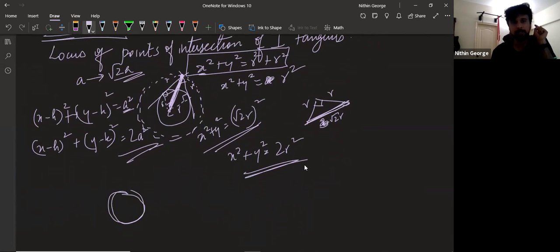Okay, so you have a circle here. What is the point of intersection of perpendicular tangents? That is the director circle. That is what we're trying to find. Suppose they meet at the point h comma k. They're perpendicular tangents. Now, from the points of contact of these tangents, I draw normals to the center. So this will also be 90 degrees, right? This is a quadrilateral, so this should also be 90 degrees.